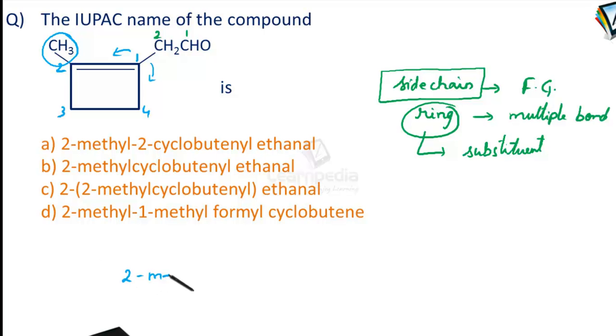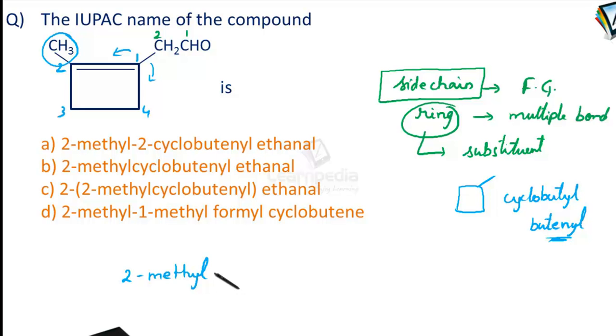It is 2-methyl, and while naming this particular ring as a substituent, if it is like this, we will name it as cyclobutyl. But this is different from this one, isn't it? Because there is a double bond in between the first and second carbon, and whenever there is a double bond, instead of butyl, this becomes butenyl, isn't it? Because the primary suffix for a double bond is -ene. So it is like this, 2-methyl